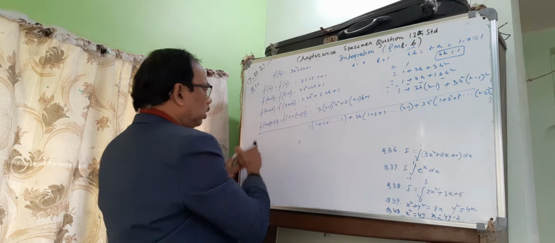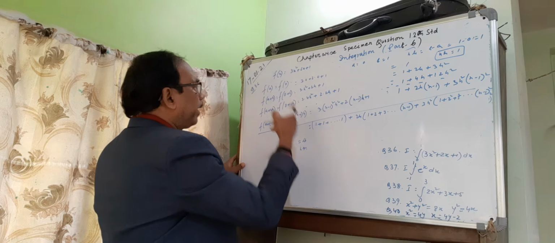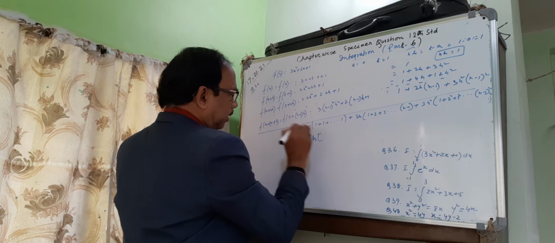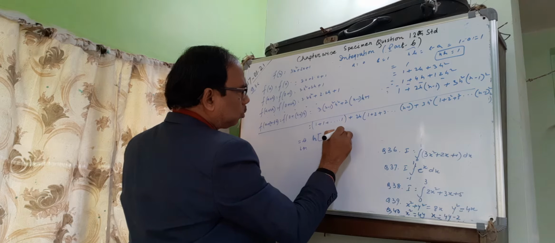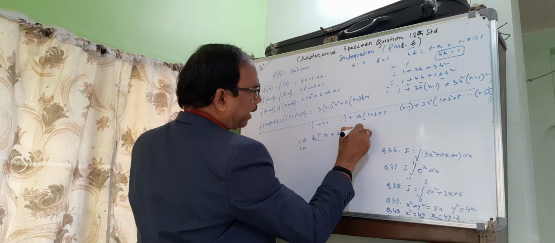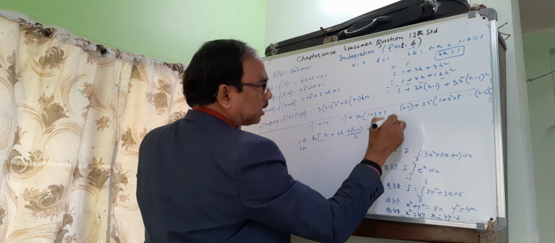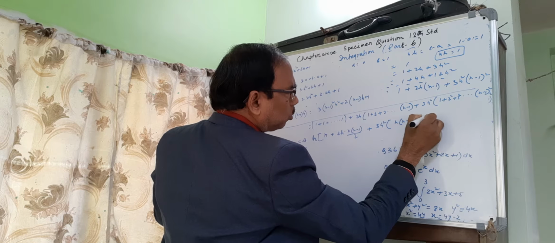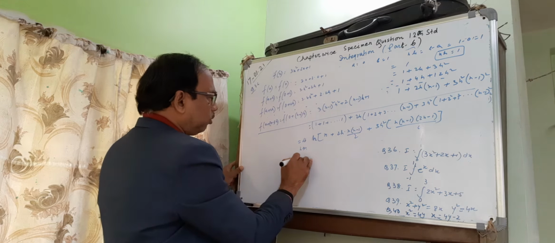Now this equals to limit, for using the formula, limit h tends to 0 of h times, if a plus h, that is 1, n number of 1 plus 2h, this is special sums formula, n into (n minus 1) by 2, plus 3h square, this is another special sum of squares, that is n into (n minus 1) into (2n minus 1) by 6. Now put nh value is nh,